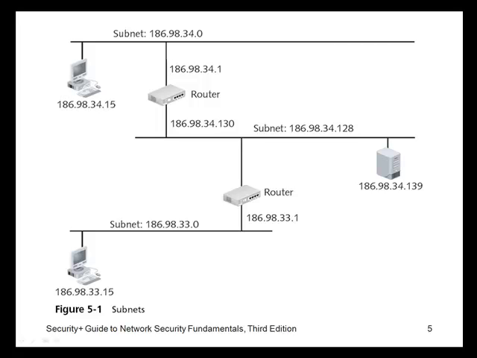How many bits do you think that subnet would be? We got 2 subnets here, do we not? 3 subnets here. Well, this one goes down to a 33. This one's 34. Taking this Class B and